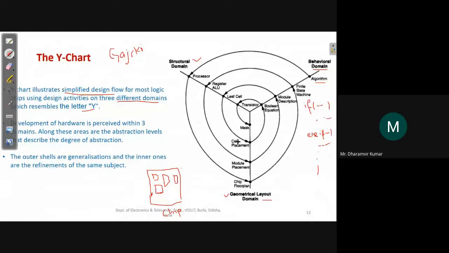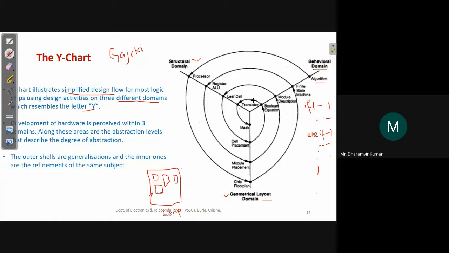Accordingly we have cell placement in the geometrical layout domain. Then at the bottommost part, in the behavioral domain all these things get converted into some sort of boolean equation.